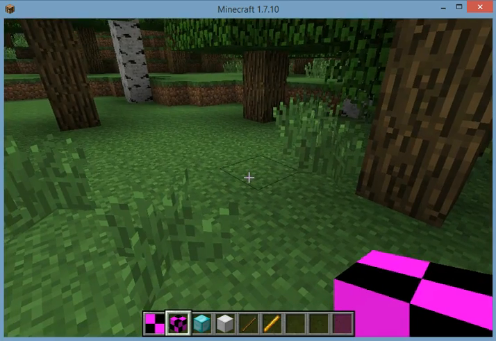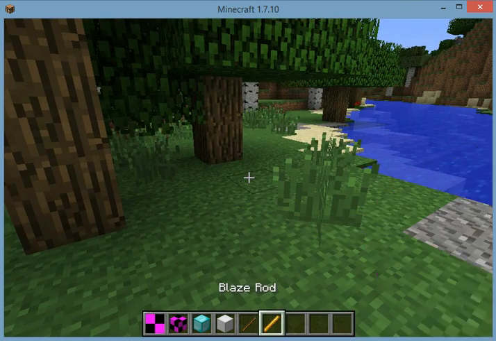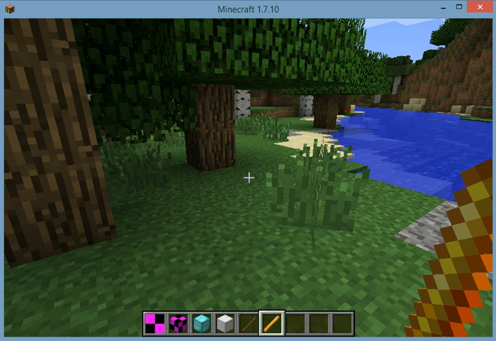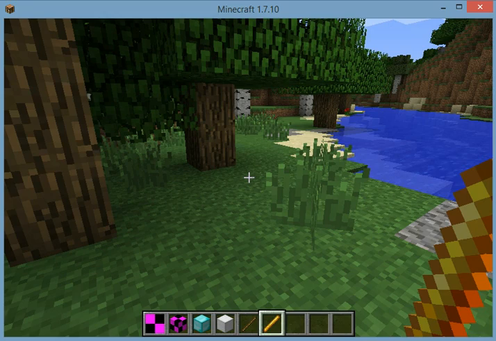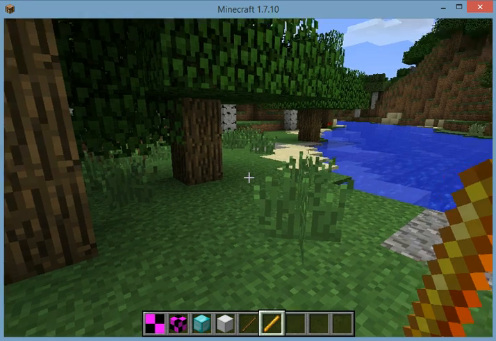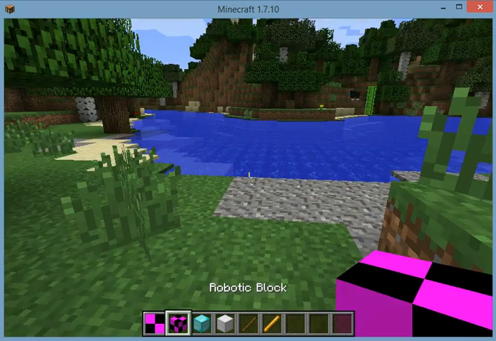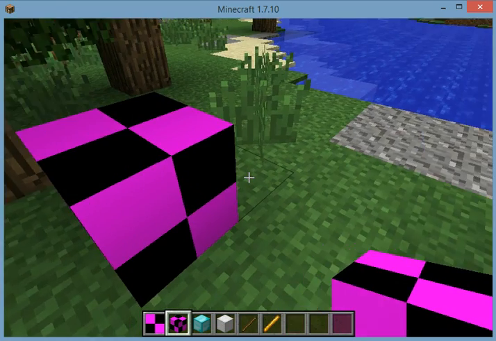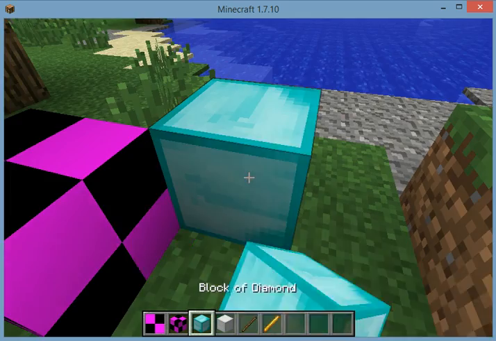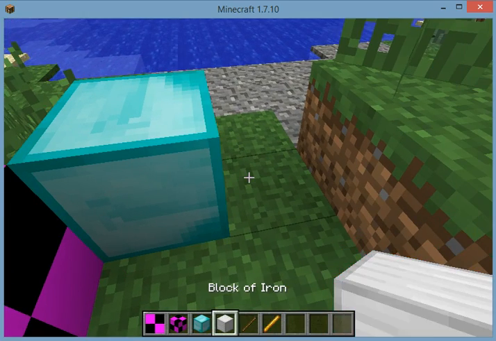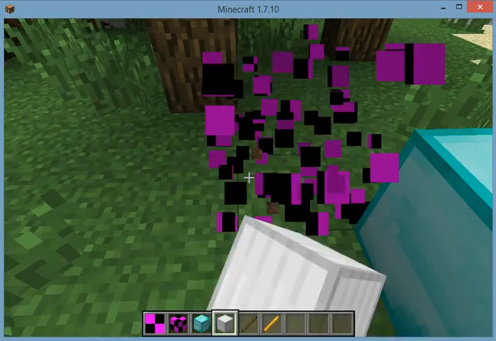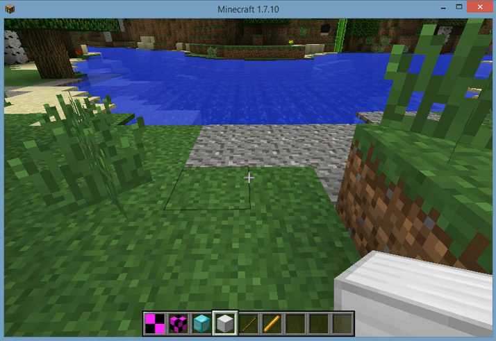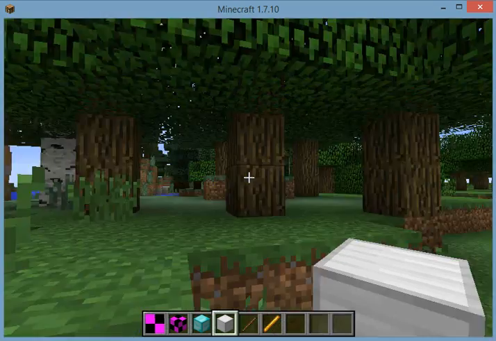And now for some comparisons. I'm thinking of changing the robotic stick. You can see the stick and the blaze rod. I'm working on a texture that will make it look like that shape, maybe white or something. For the robotic block, I'm thinking of it maybe being a mix of a diamond block and an iron block, but anyway, that's later. And so that is the tutorial